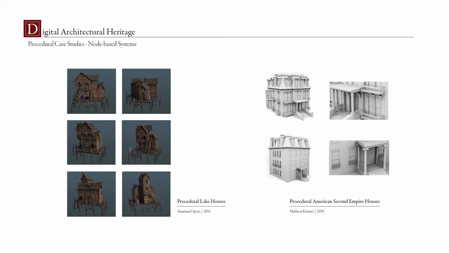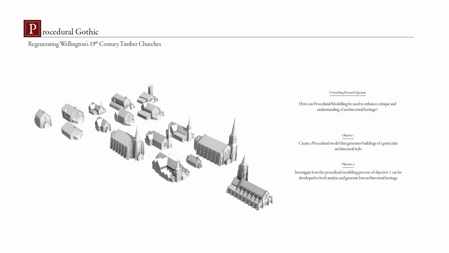And so this has also been explored in the film and game industry with projects being of higher detail than that seen previously. And so what this research attempts to do is to build on these precedents by using the method of procedural modeling and seeing how that can be used to enhance the understanding of architectural heritage. And so to achieve this, I've set two objectives, with one of those objectives being to create a procedural model that generates buildings of a specific architectural style, as well as exploring how this method can also be used to